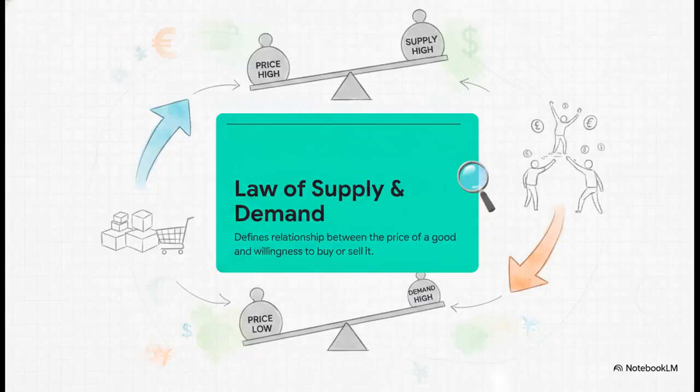This fundamental balancing act drives literally everything. The law of supply and demand dictates actual market prices and the volume of goods available. It is a constant push and pull. When prices are high, buyers naturally demand less, but suppliers are absolutely thrilled and want to provide more. When prices fall, buyers rush in, but suppliers might pull back. This interaction is the beating heart of a free market economy.